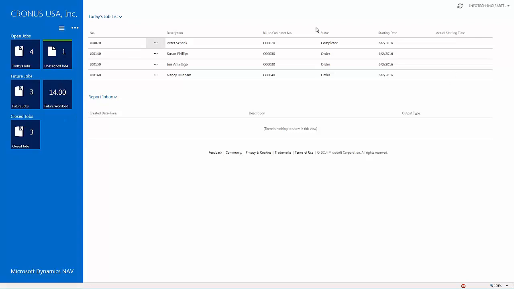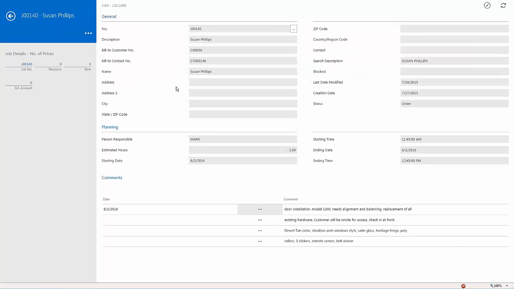In the middle section, you can see today's jobs and any report inbox items that have come in. Today's jobs will show the list of our tasks that have to be performed today. You can see in the status that this first job here has been completed, and we have 3 open jobs still to handle. Let me take a look at this second job for Susan Phillips. If I open the job, the system will give me more information about the job, where this job needs to be